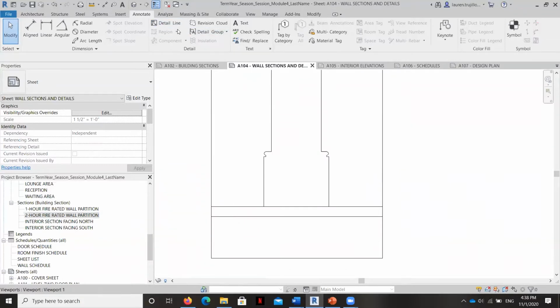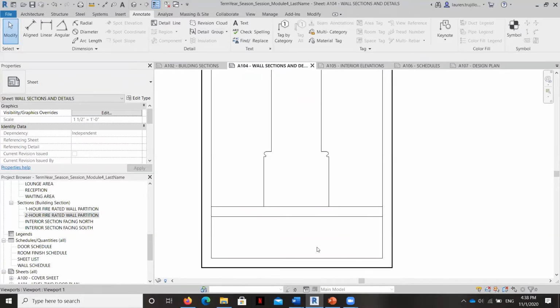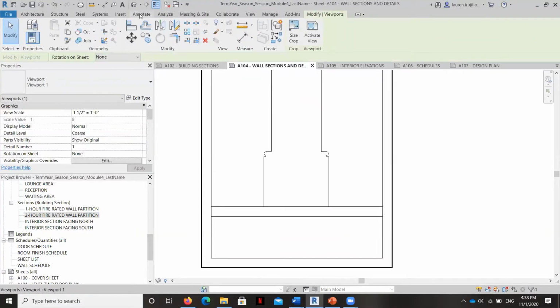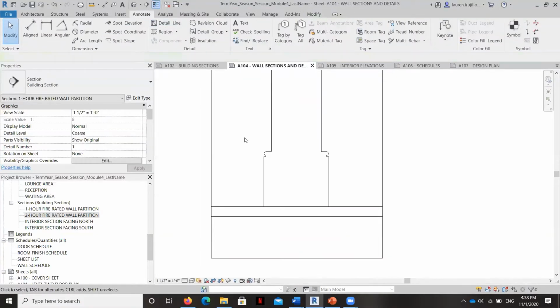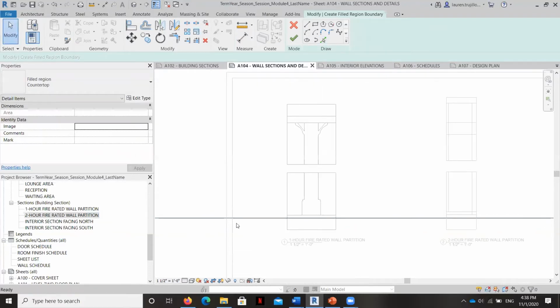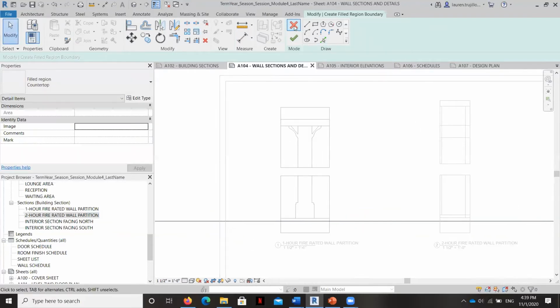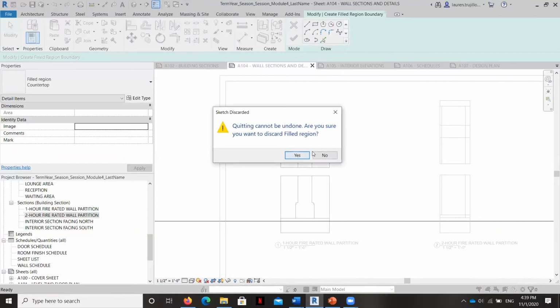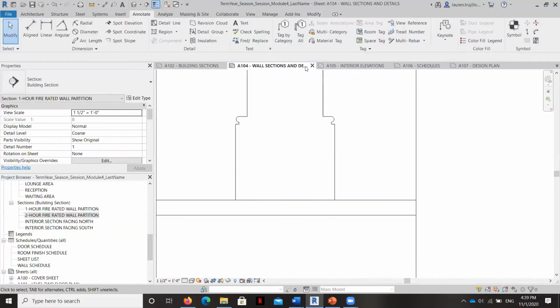So let's go to, and I'm going to pick my lines here. You can see here it's picking all that line, so that's not going to work. All right, let's try this again.